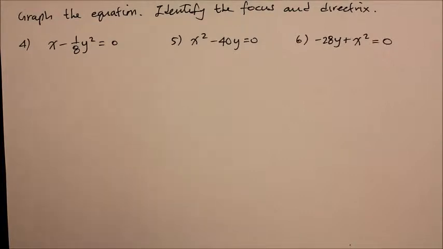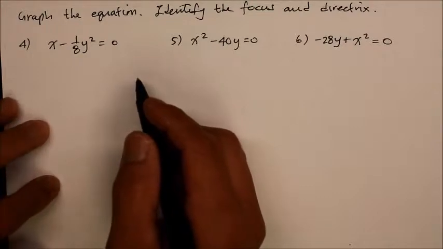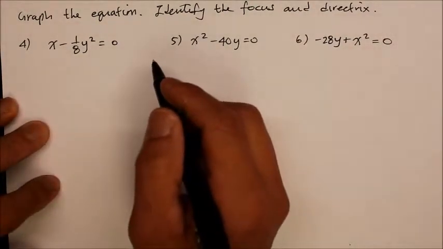Okay, so if you thought the first 3 questions were kind of spicy, let's try numbers 4, 5, and 6. Here, number 4. And in fact, let me write the two standard forms of the parabola, depending on whether it opens up or down or left or right. For the one that opens up or down,